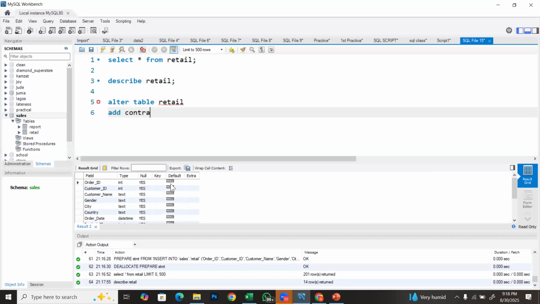So I want to add constraints. Then you give your constraint a name, whatever name, it doesn't really matter. So I want to set it to be primary key. So I can just say PK underscore ID, whatever you want to use. So primary key underscore ID, right? And I'll put the constraint I want to use here, primary key,